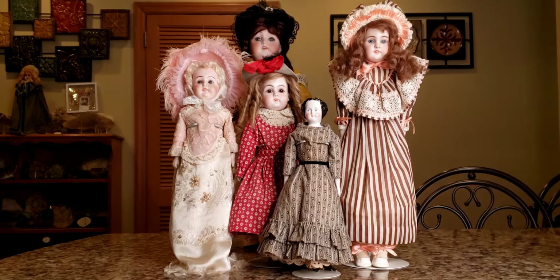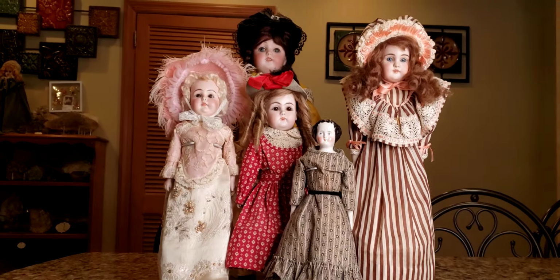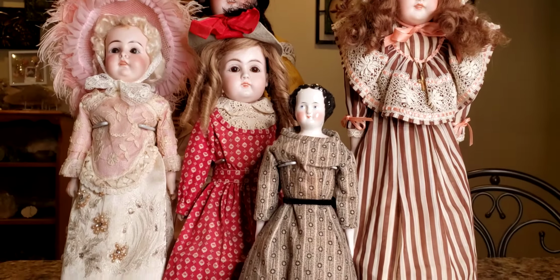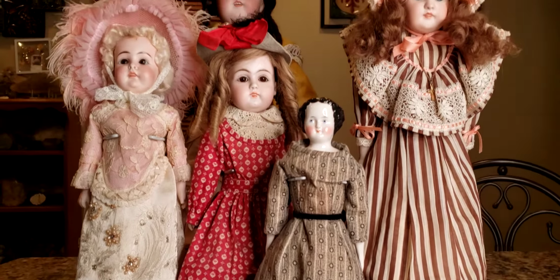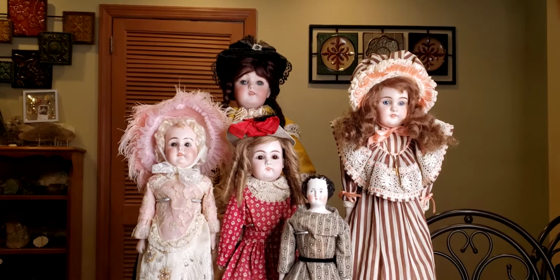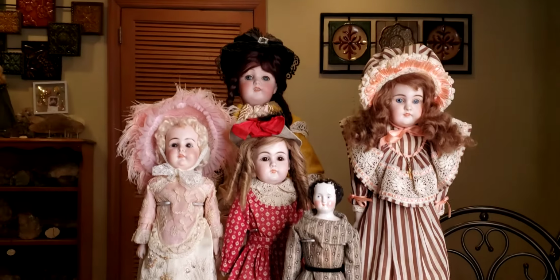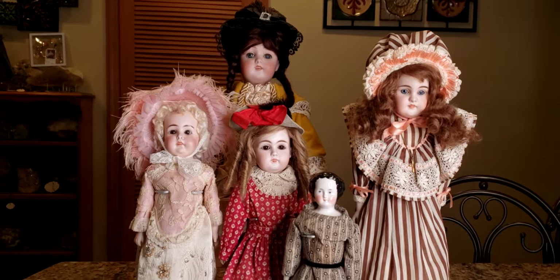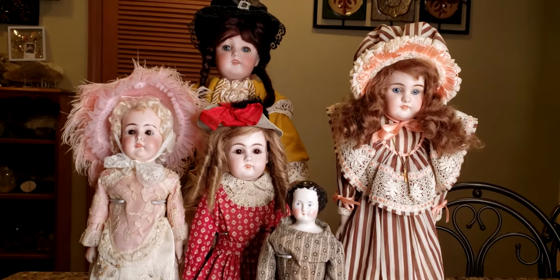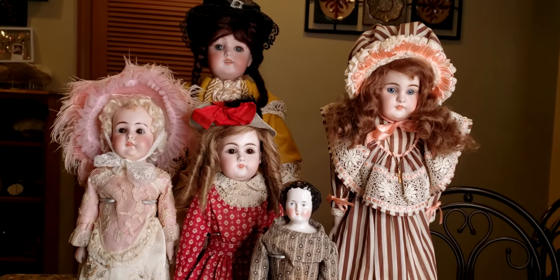All right, so today let's talk about Kestner dolls. And Kestner dolls are German antique dolls. And you can see we got quite a bit of their products right here. I probably have about maybe 50 or 60 Kestner dolls in my collection, all different kinds. And so before I begin to show you each one of these beautiful, beautiful antique dolls, let me tell you